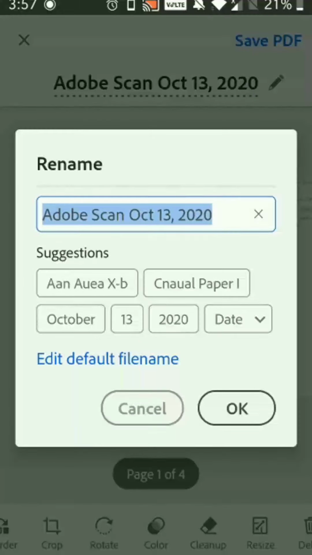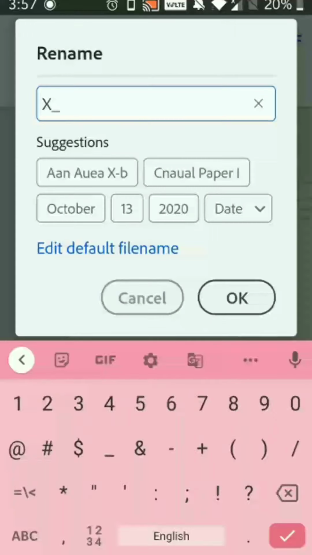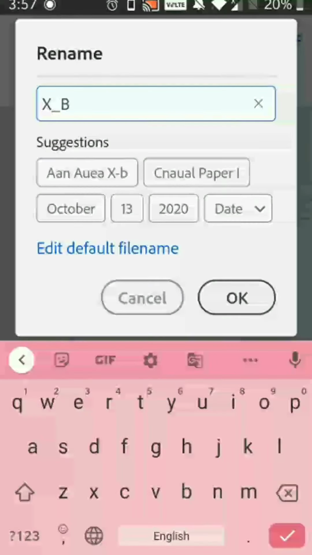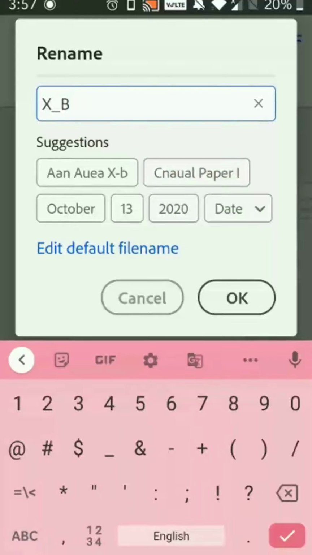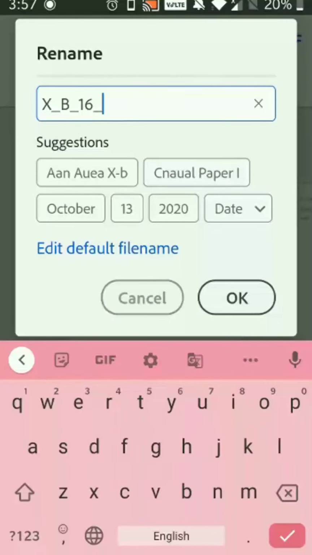So for example, I will write down 10th underscore B, this is my division, underscore my roll number 16, underscore my name is Arav.